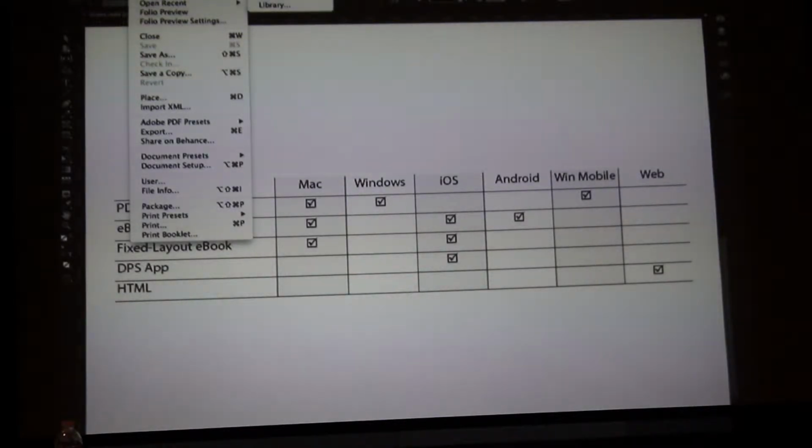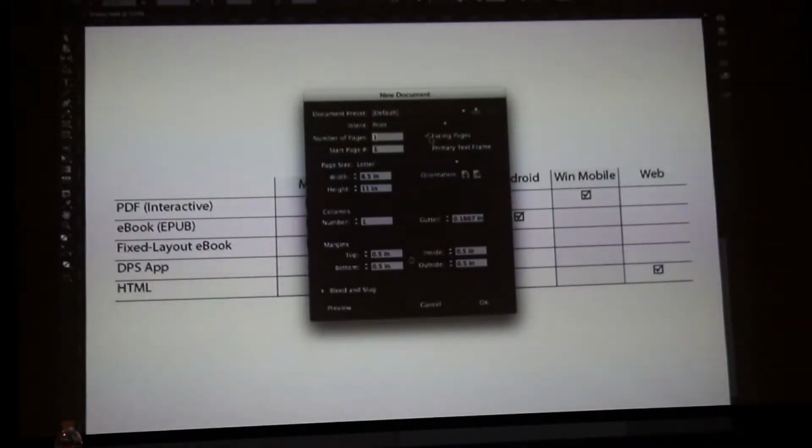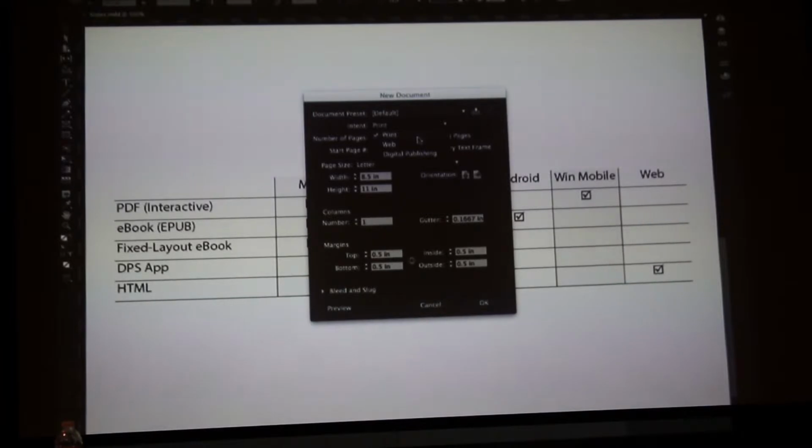A folio is strictly for creating iPad and Android app publications, and then a library is like a mini version of Adobe Bridge, where you put a whole bunch of little assets that you'll want to drag and drop into other documents. So typically you want New Document, and if you choose Intent, you're going to tell InDesign what